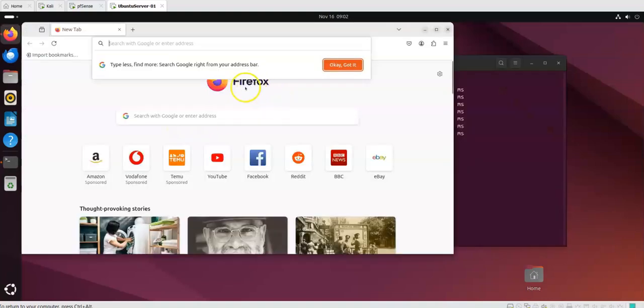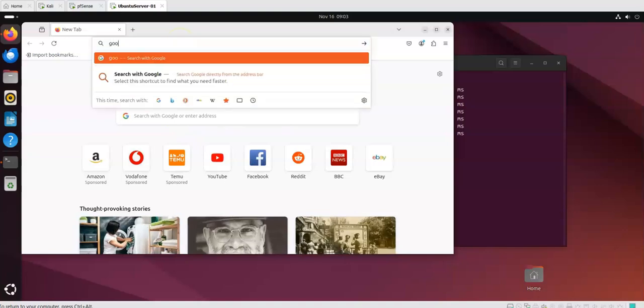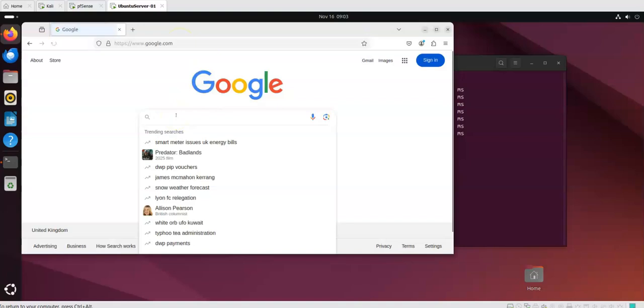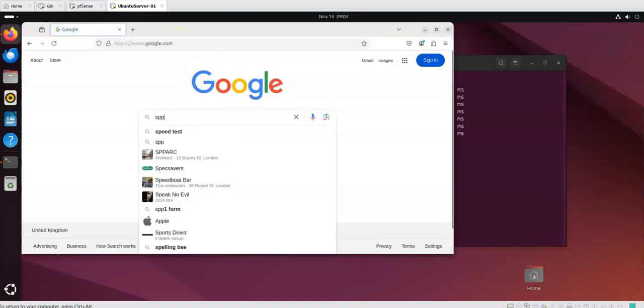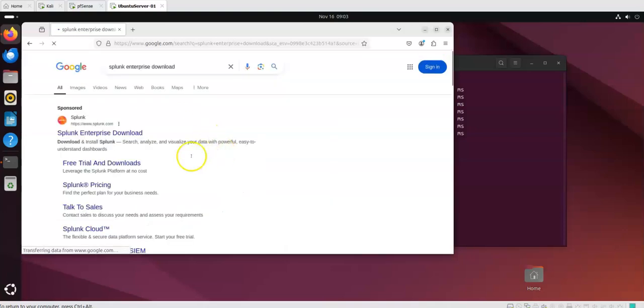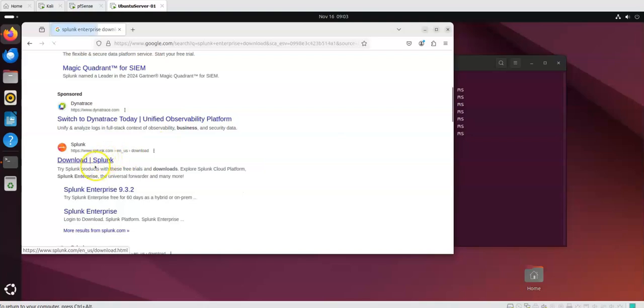So let's run Firefox and go to, you can search or directly go to the link. So this is Splunk Enterprise download. So let's go to the downloads page,